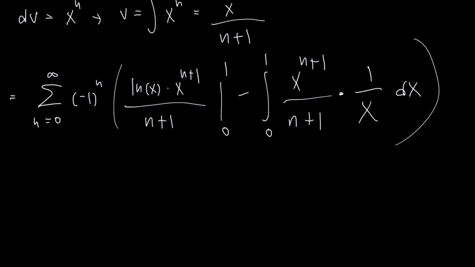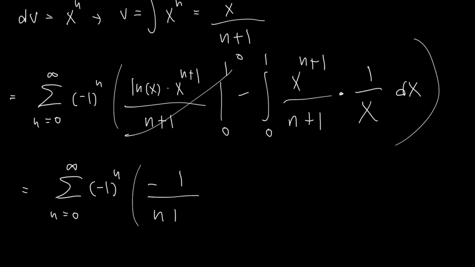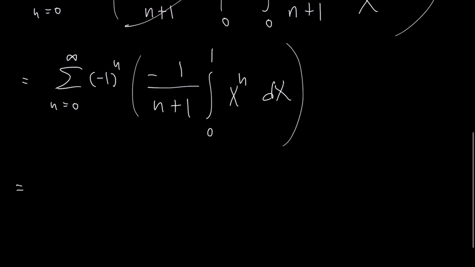You can check that as x approaches 0 and x approaches 1, this limit tends towards 0, and we're just left with the sum from 0 to infinity of (-1)^n times negative 1 over n plus 1, times the integral from 0 to 1 of x^(n+1) divided by x, which is the same thing as x^n dx,